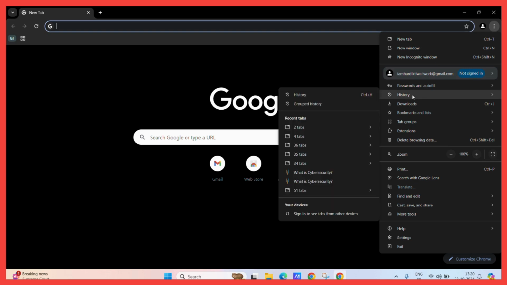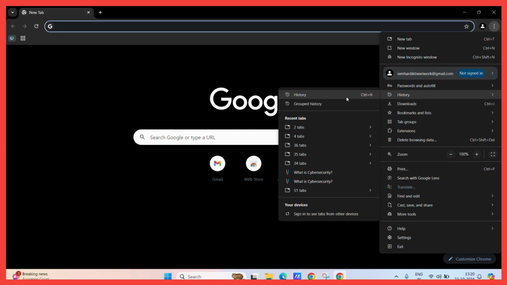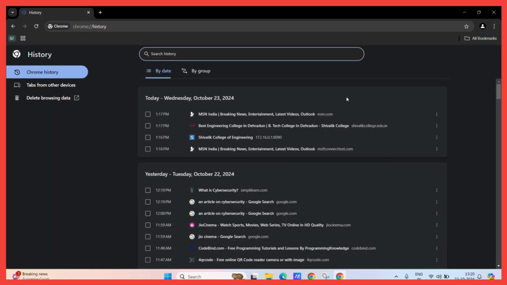Now, to delete your history, what you need to do is click on these three vertical dots present at the corner of your screen. Once you do, you can see the history option. Hover your cursor and you can see two options, the history and grouped history. Click on the history button, or you may simply press the Ctrl and H key combinations. Then once you click on it,